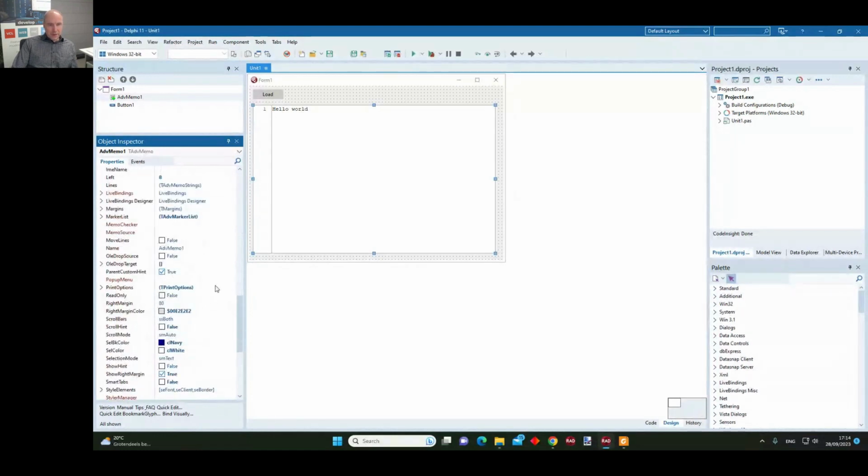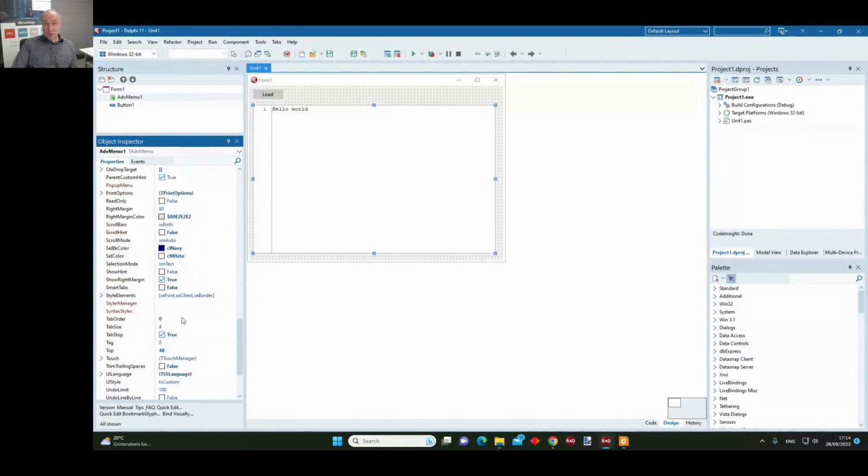One important thing that we will want to introduce is the syntax styles. As you can see, this is a property that is a reference to another component in this case.